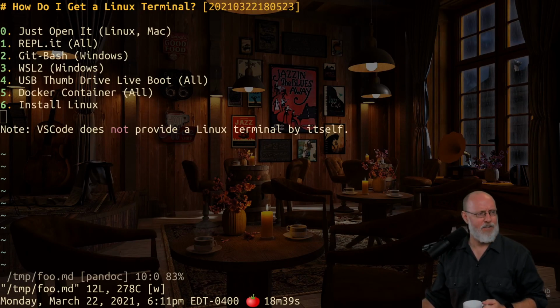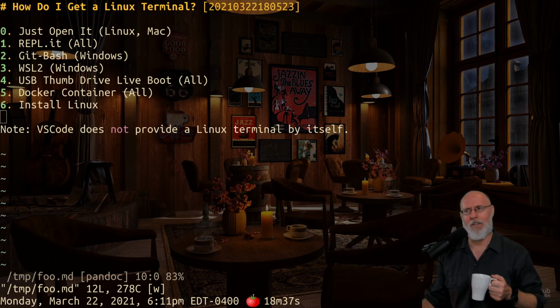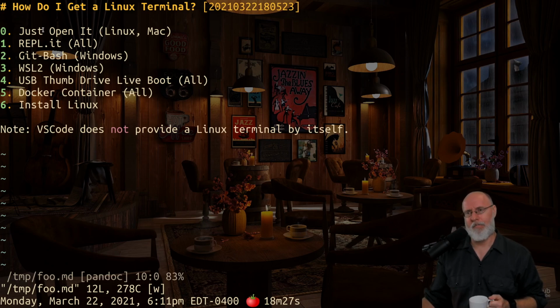Good evening. We are going to tell you how to get a Linux terminal as fast as possible. Actually, depending on how fast you want it. So, this is it. You just open it. If you have a Linux box already, because you bought one from System 76,